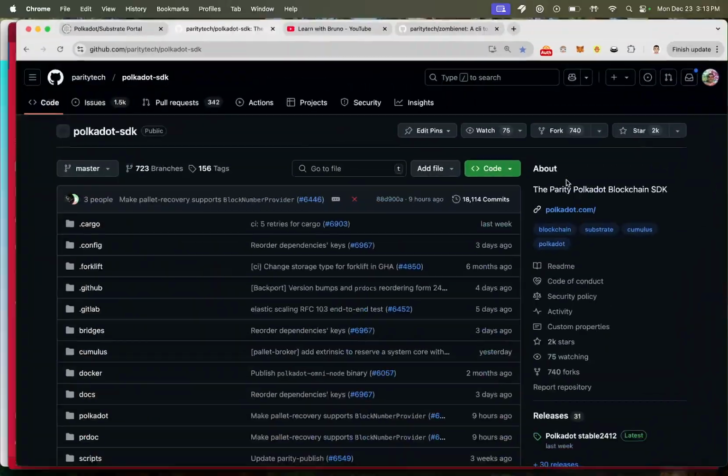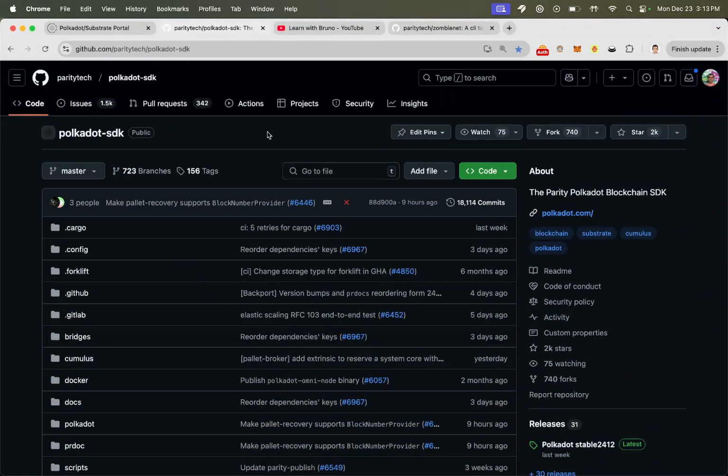Let's spin up the Polkadot Relay Chain. So you're going to need a couple things. You're going to need the Polkadot SDK repo. I'm going to be showing you how to do this in two ways. One will be from source, and the other one will be using binaries, which is the faster way, but both have trade-offs. Okay. So the other thing that you're going to need is the CLI tool for spinning up Polkadot